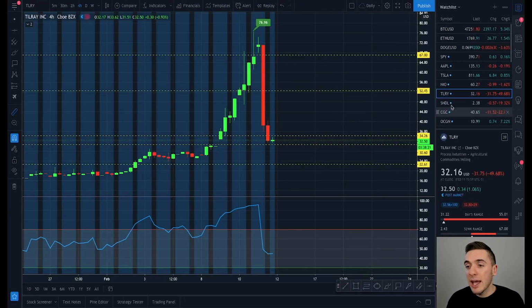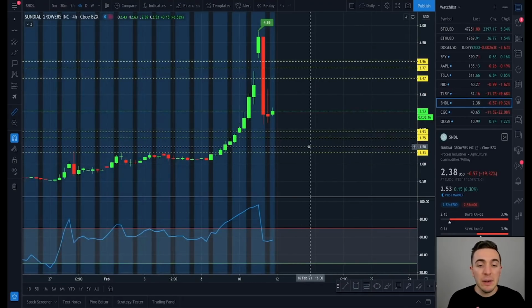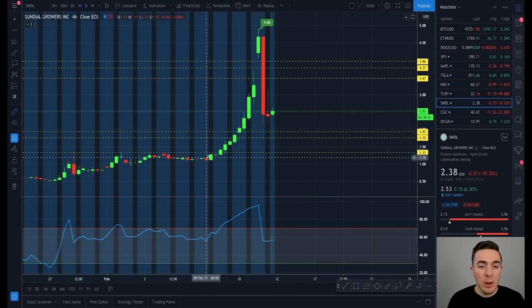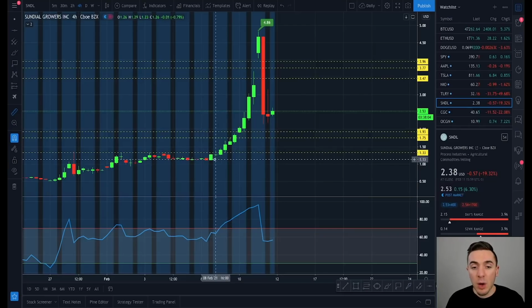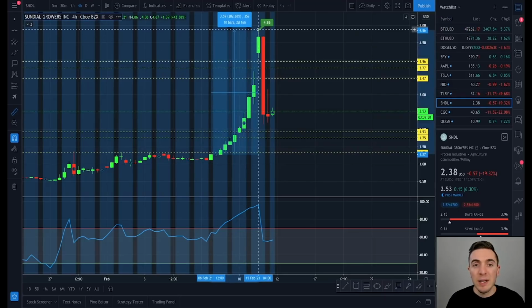Now let's take a look at SNDL, Sundial Growers. Very, very similar chart. Wasn't doing much, eventually had a breakout of $1.3335. We were watching that for many days. On the breakout, I mean, it just skyrocketed. It went from 1.33 all the way up to, at one point in the pre-market this morning, 4.86, a gain